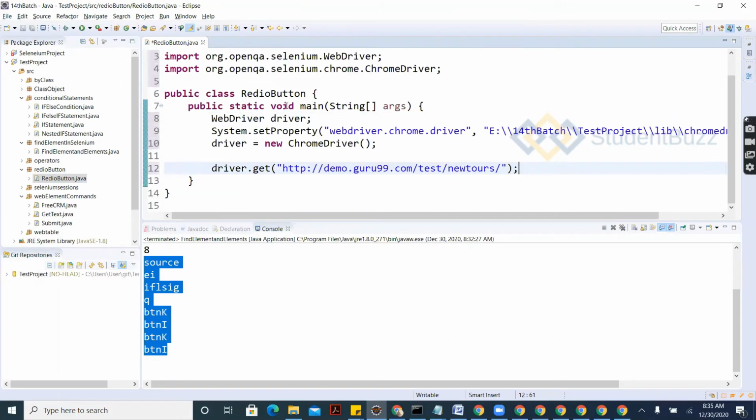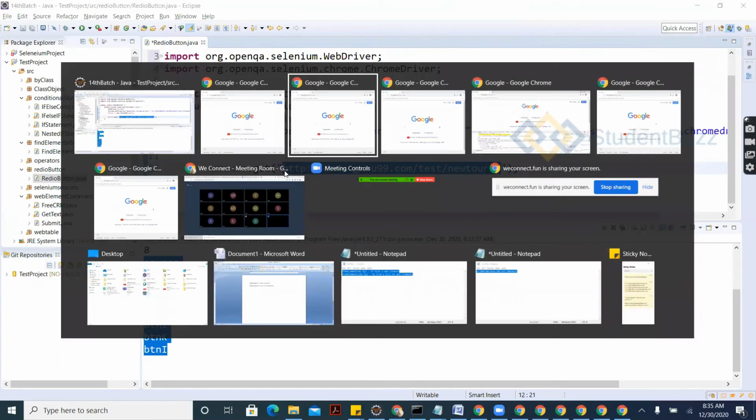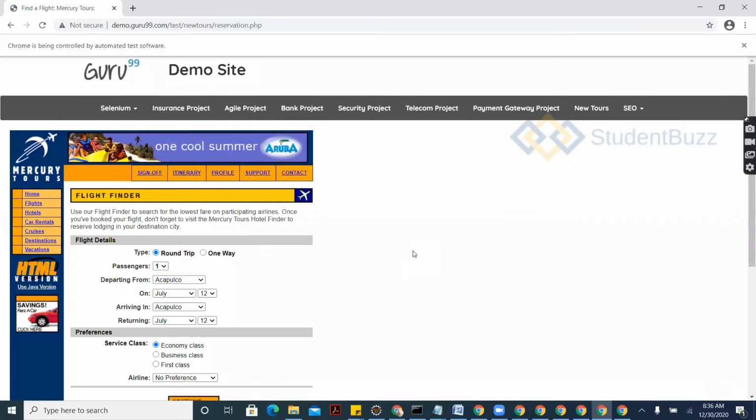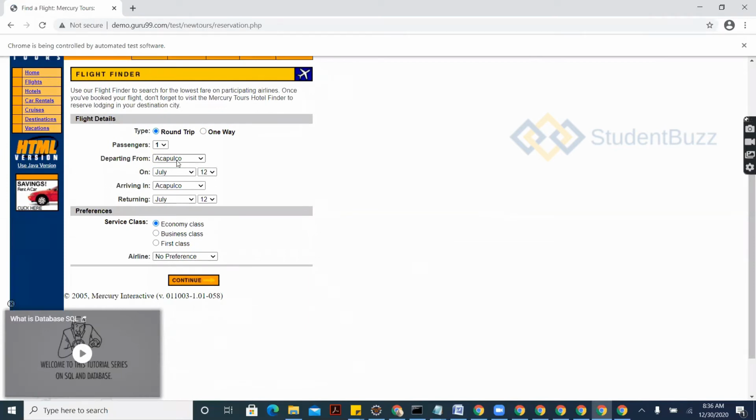I created a main method, giving WebDriver driver and System.setProperty. It's like whatever it is, and using this Newtours application, you can see this flight reservation page, you have some radio buttons.